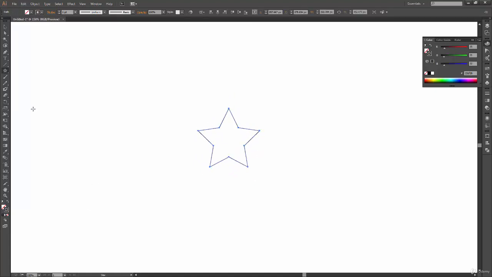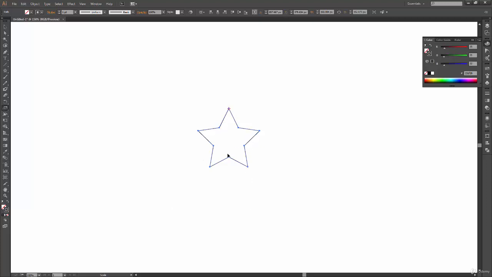Now to select the scale tool, the shortcut key for that is S, or you can select it from your toolbar by clicking on the icon which looks like this. So I select it from the toolbar, and again I have my reference point over here. I can click and set it to any other place I want, or I can just keep it at center. For demo purposes, let's just move this reference point to a top position.